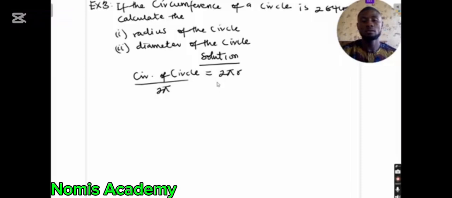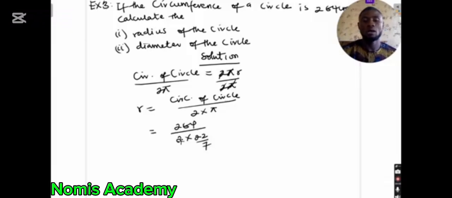So 2 cancels 2, pi cancels pi, and the formula becomes radius equal to the circumference of the circle divided by 2 multiplied by pi. Now let us put in the values of our parameters. This is 264 divided by 2 multiplied by